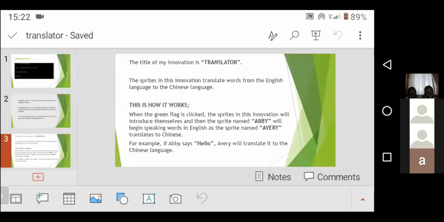When the green flag is clicked, the sprites in this innovation will introduce themselves. Now, for example, if you click the green flag, one will say, "Hi, I'm Abby," and another one will say, "Hi, I'm Avery," and we are here to translate words